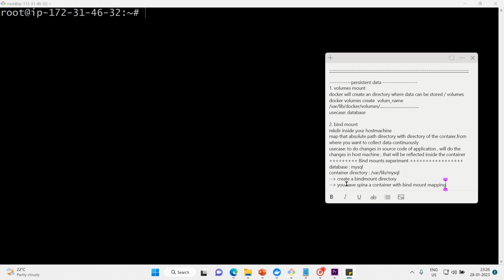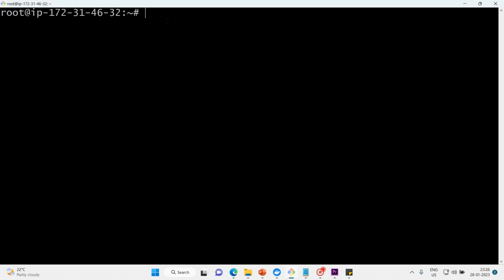That's it, it's that simple. So let's do that now. First I will pull the image. At this moment no images are there, yes. So now I'll pull the image first, docker pull,